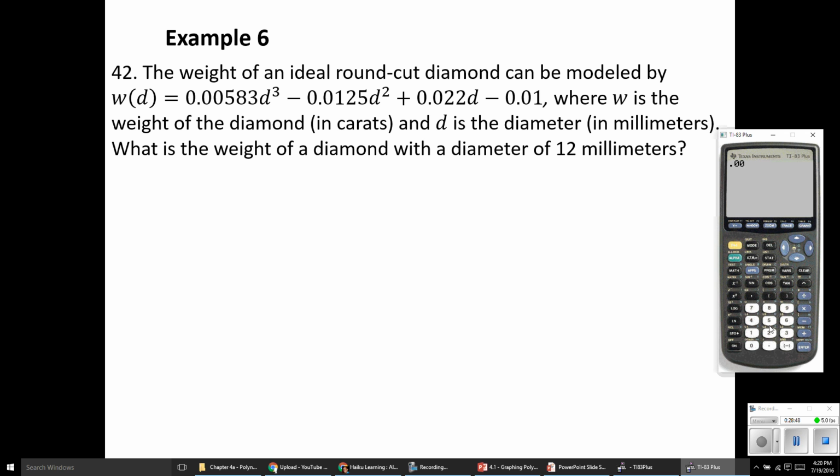So 0.00583, it's just a calculator problem, times 12 to the third power minus 0.0125 times 12 to the second power plus 0.022 times 12 minus 0.01. So I'm just rewriting that function, but I'm inputting a diameter of 12 millimeters. All right, and if we hit enter,